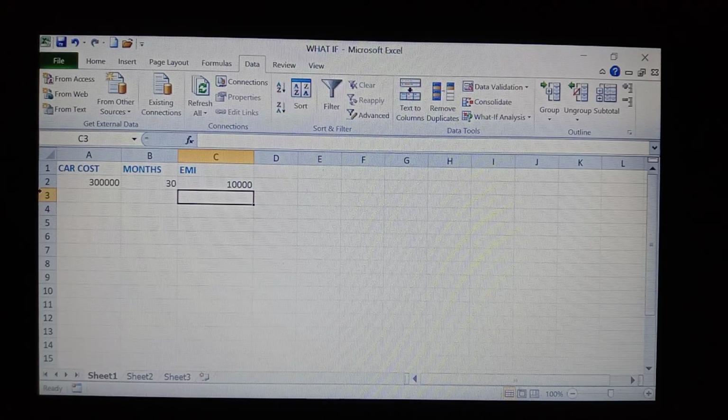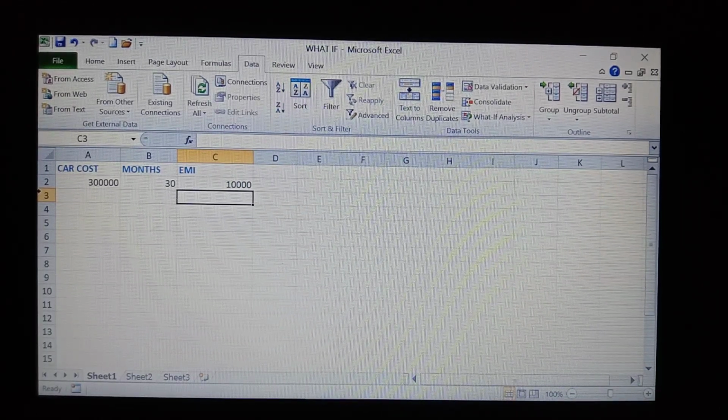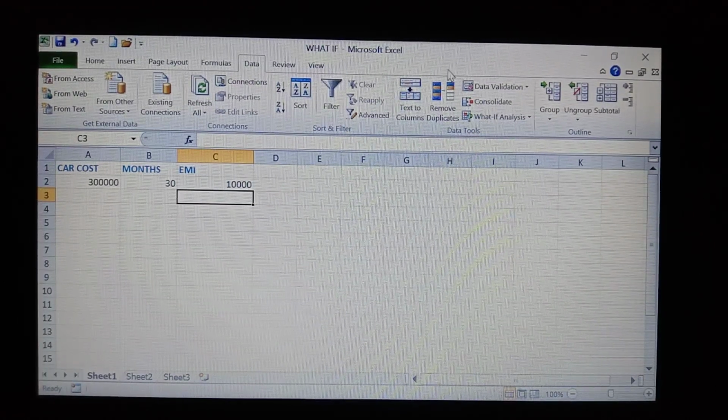Okay, right. Now suppose in this example I have taken the time 24 months. For example, how much EMI, that means how much amount per month I have to pay. Suppose I have taken 29 months. How much amount per month I have to pay, we have to calculate. That means in these two scenarios, how much amount I have to pay per month. Okay, so let us see.